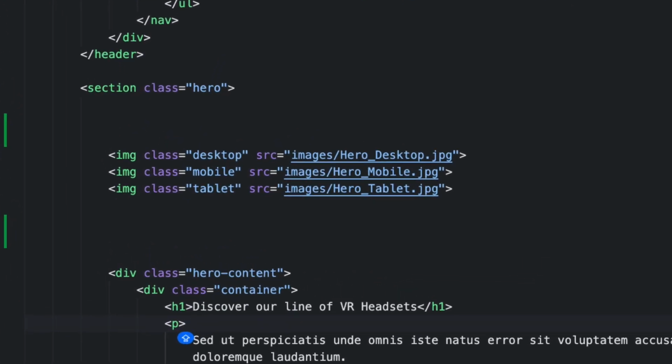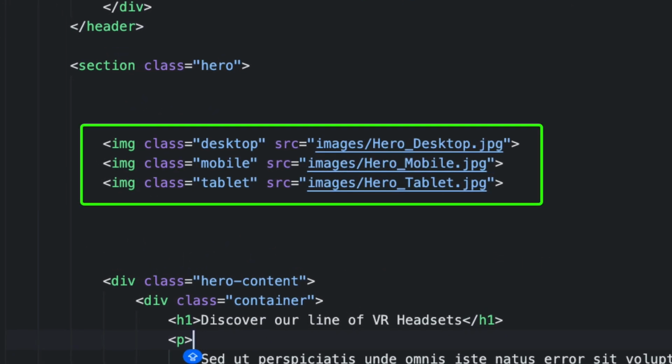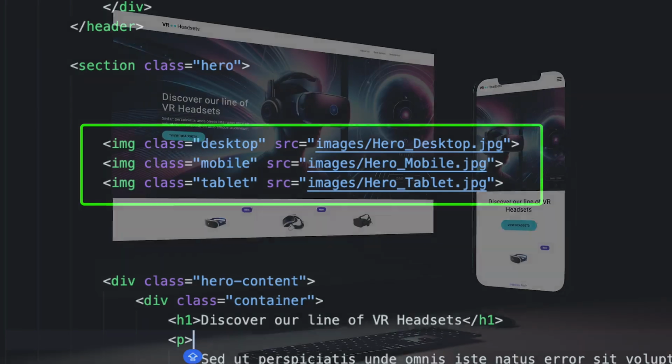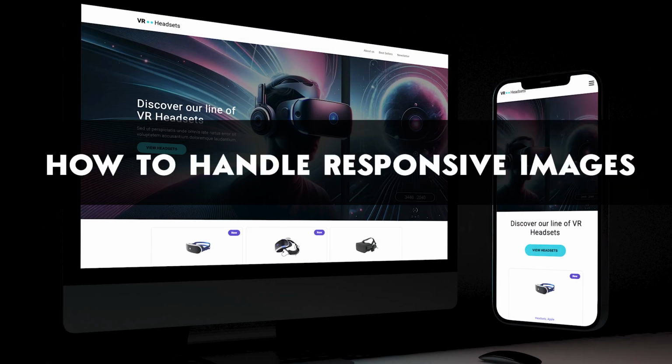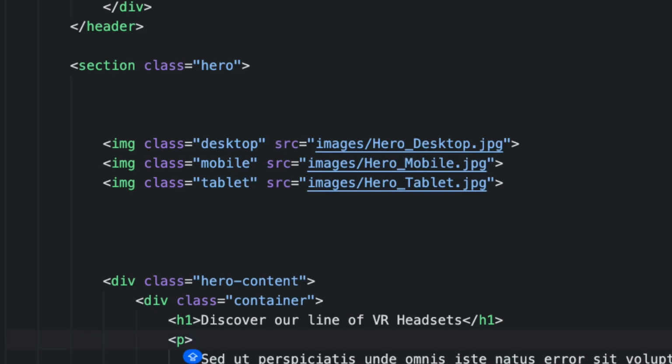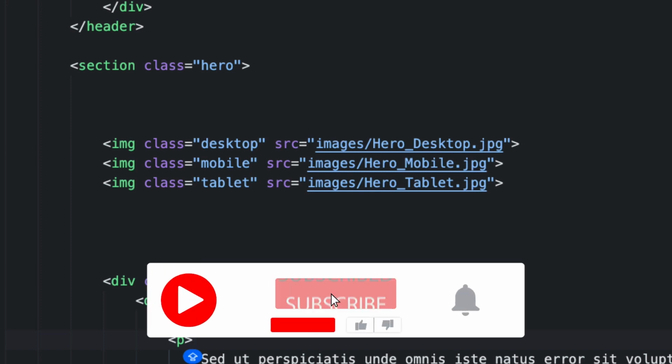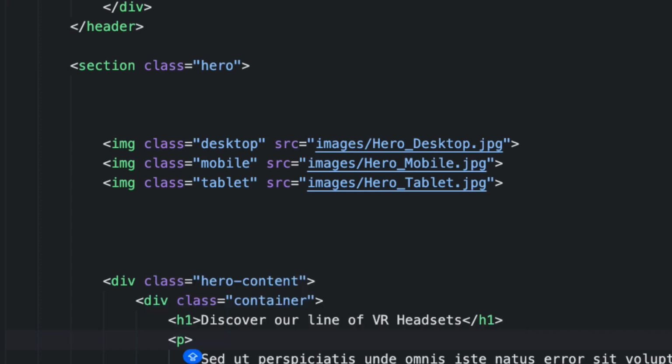Is it how you're handling your responsive images? If it is, you need to stop it today. Before I tell you the correct way of handling responsive images, let me show you the main problems with this